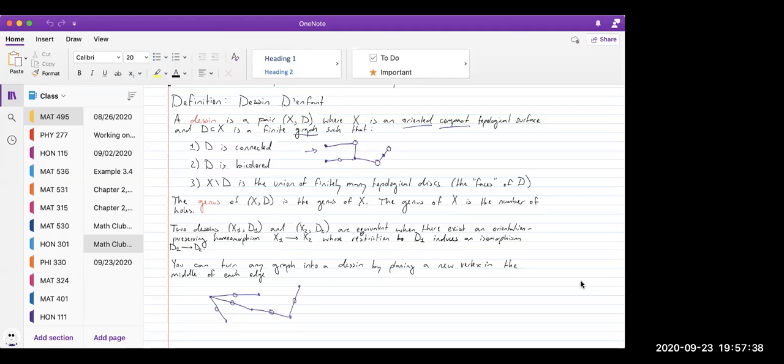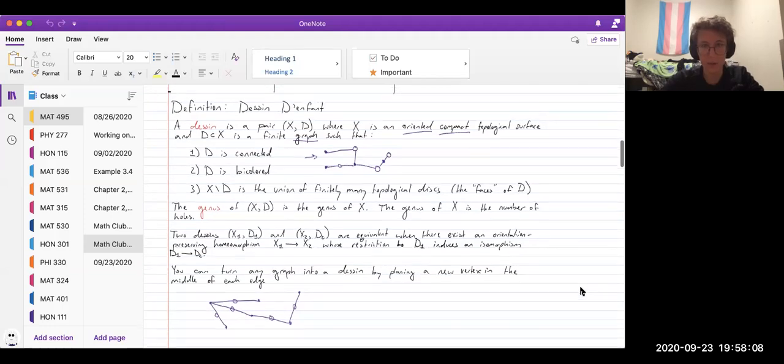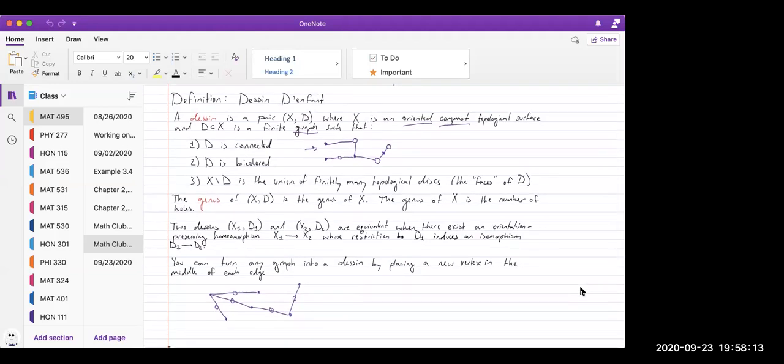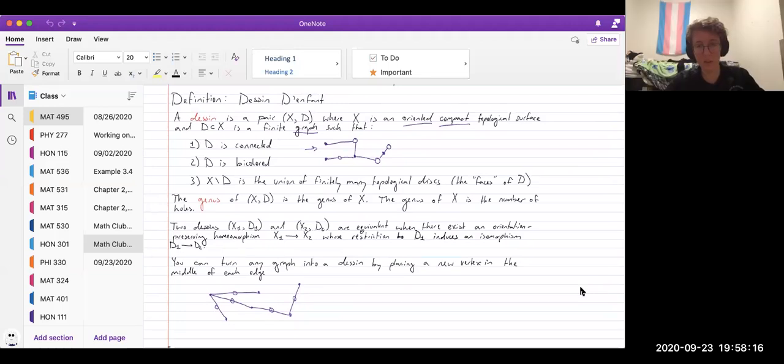Right. So when it says that two dessins are equivalent when there's an orientation preserving homeomorphism, does that mean that X1 and X2 have to be the same topological surface? Yes, because they have to be. Do you know what homeomorphic means? I do not. Okay, so basically a